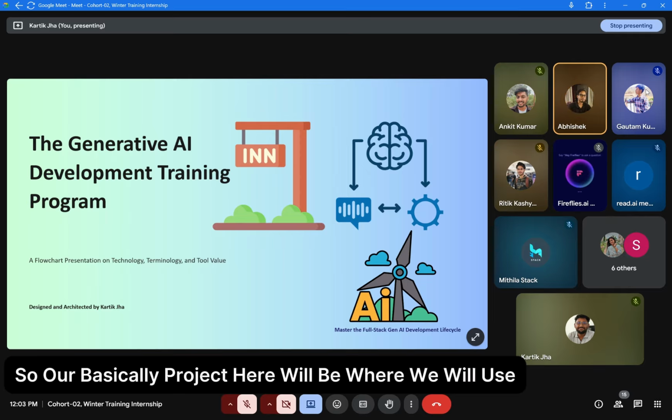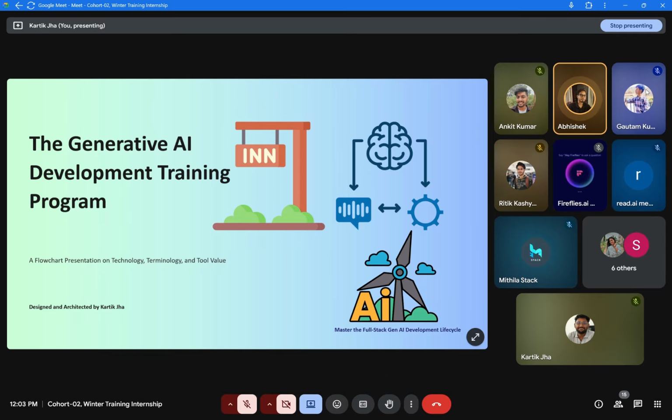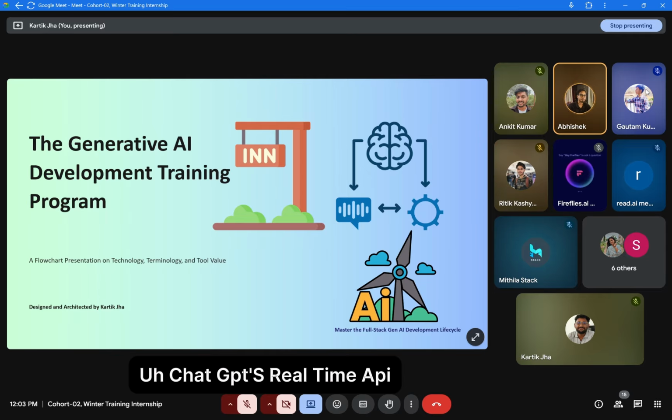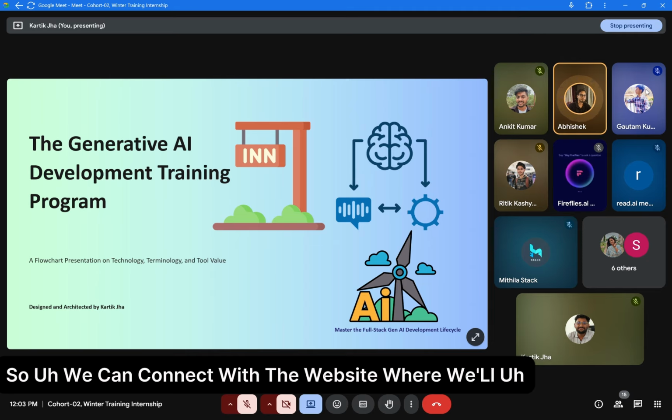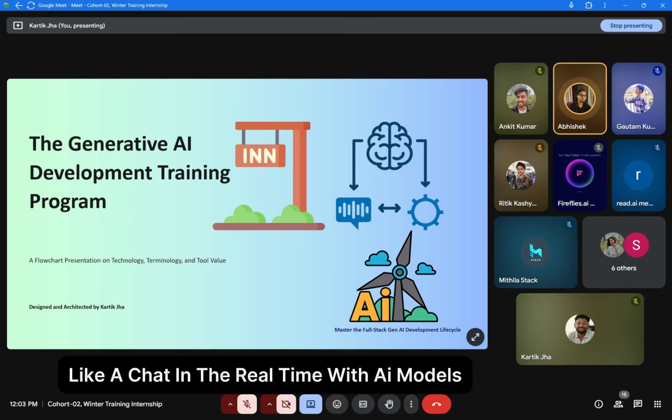So हमारा basically project ये होगा where we will use ChatGPT's real time API, so we can connect with WebRTC and chat in real time with AI models.